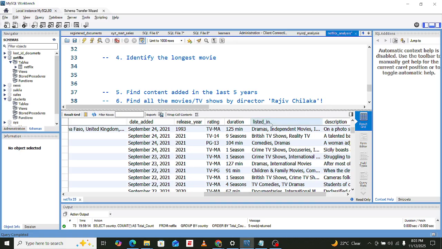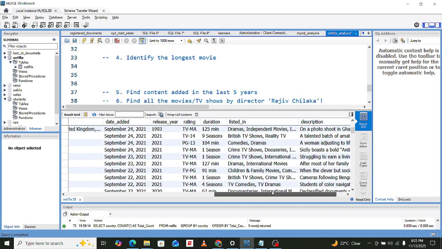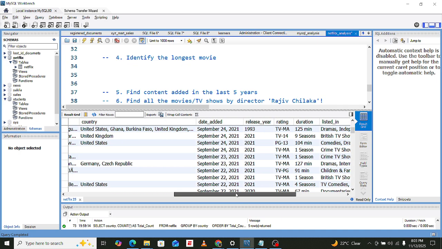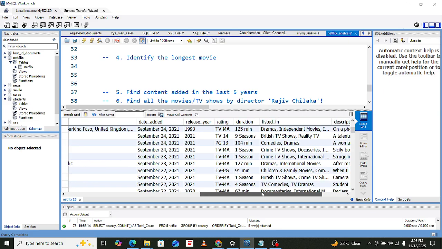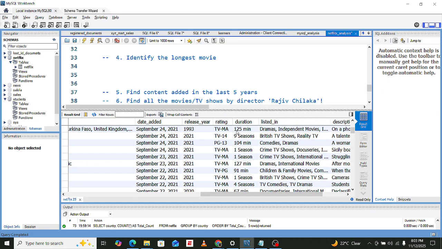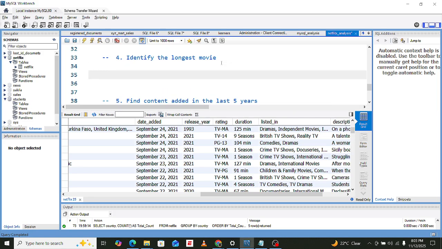In fact, this one should be categories. And then the description of the movie. Now we need to know, I think now we have the duration. The duration just means the time it takes for that movie. And now we want to identify the longest movie. How should we approach this problem?